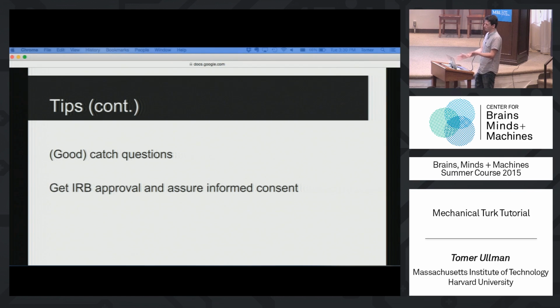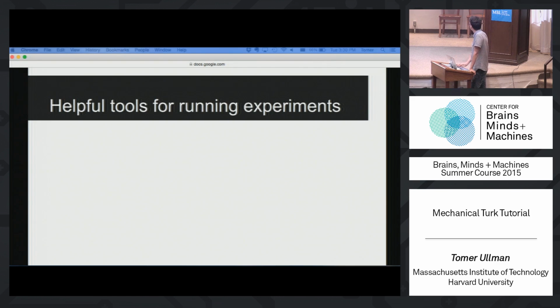Again, it's trivial, you'll have to do it if you're thinking of running it in your own university and your university has never done Mechanical Turk before. Get IRB approval specifically for Mechanical Turk. So just make sure you get IRB approval. Make sure you get informed consent at the beginning of your study. Say, we're going to be doing this. If it's okay, click on this button that says I agree. Usually the IRB will force you to do that anyway. And as I said, ethical pay, I just keep going back to that.